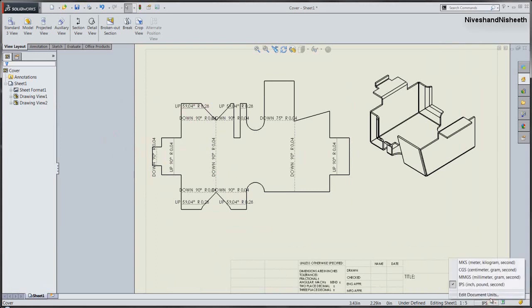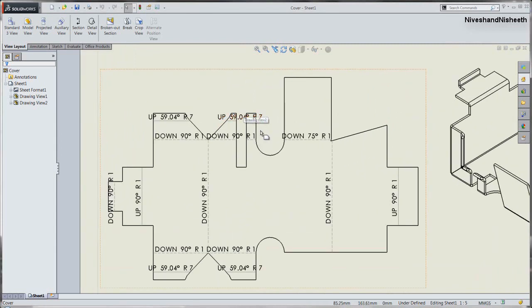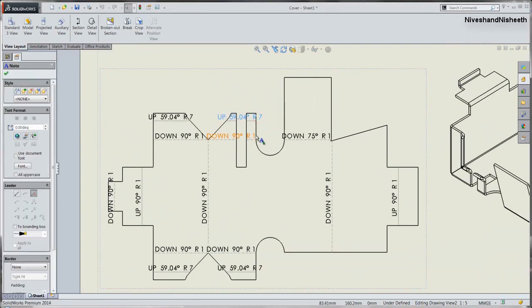Now we will change the drawing sheet dimension unit as millimeter. Okay, that's it. Now we will remove the bend dimensions on here.